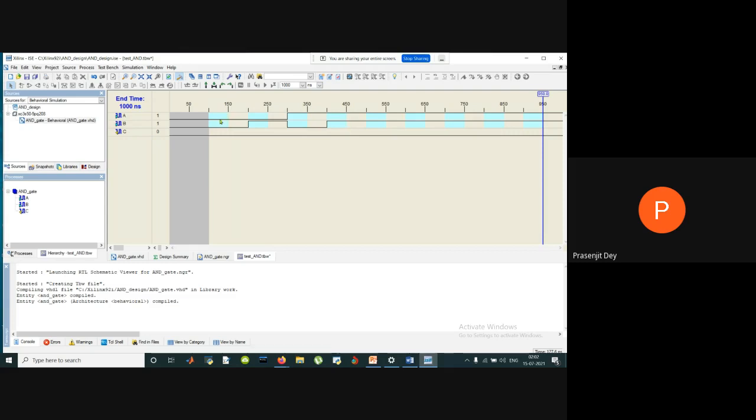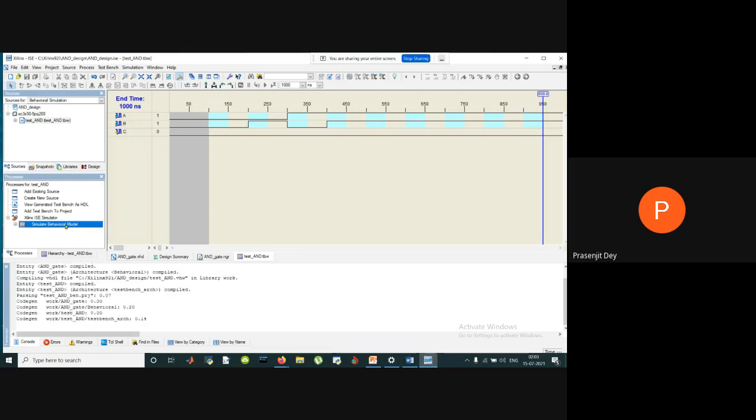We are now going to feed this test pattern into the VHDL module, and we need to see how this waveform C, which is the output of this AND gate, looks like. So before going there, we need to save this file. Let us save this file. After saving this file, we need to again go back to the process part, and in the process part you can see Xilinx ISim simulator is there. You need to expand it. After expanding it, there is a simulate behavioral model. You need to double click on it.